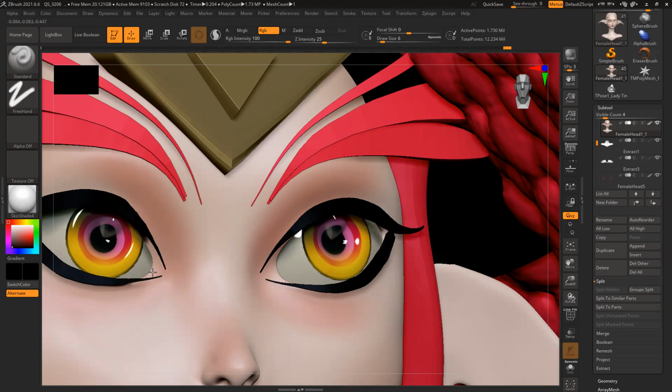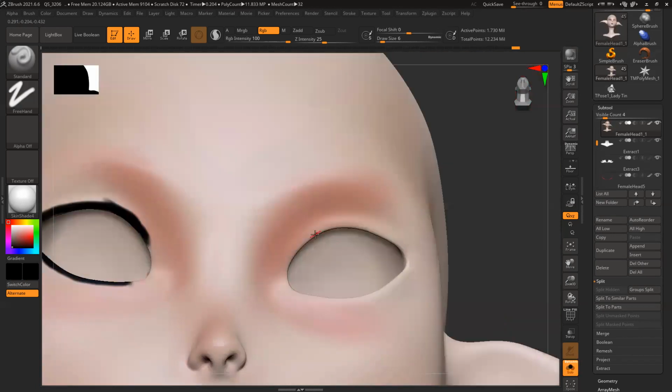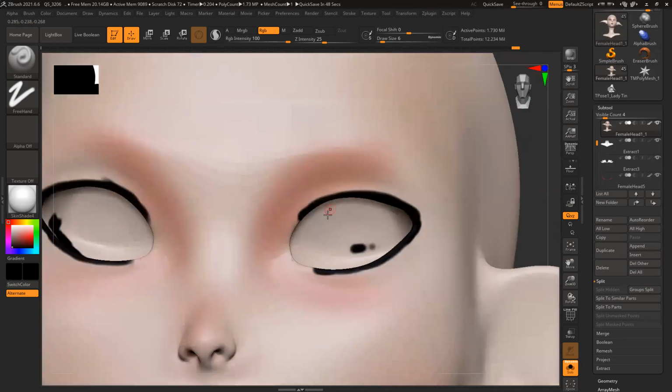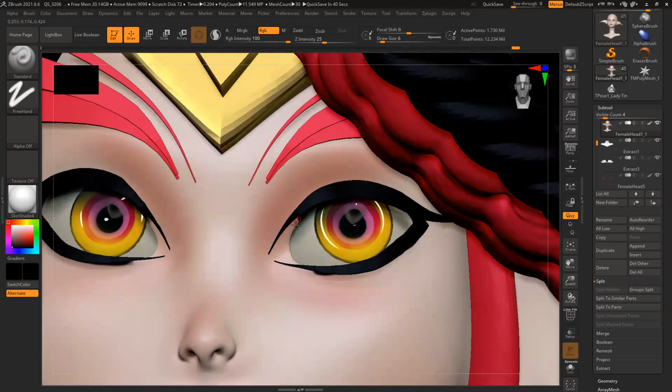And this should snap on the surface base. Try to blend it nicely.